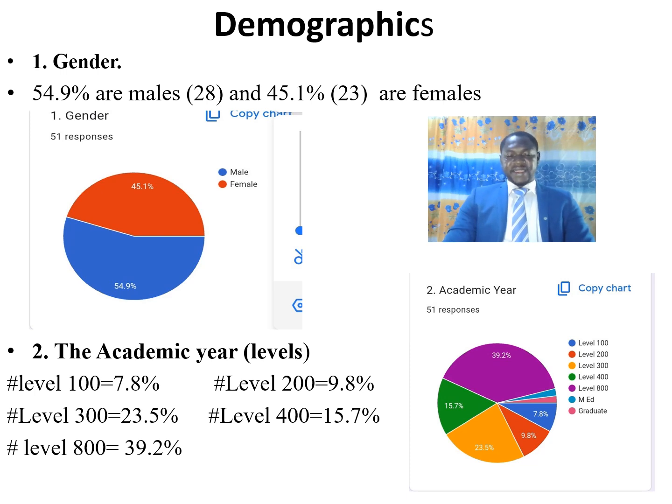Level 100, 7.8%. Level 200, 9.8%. Level 300, 23.5%. Level 400, 15.7%. And level 800, that's those doing master's program first year, were 39.2%,